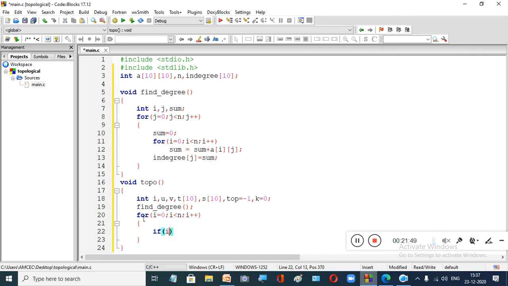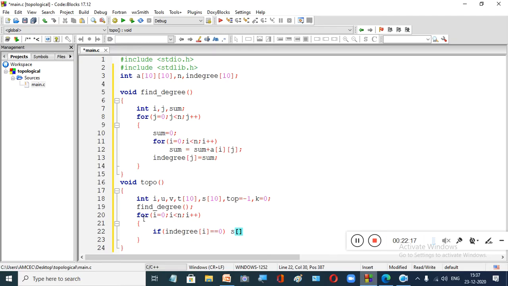Now you check if in degree of i equal to 0. So you look into that single dimensional array in degree, each value. How many nodes do you get whose in degrees are 0? You start with i equal to 0, and check whether the first node's in degree is 0. If it is 0, what you have to do? You have to push to the stack.